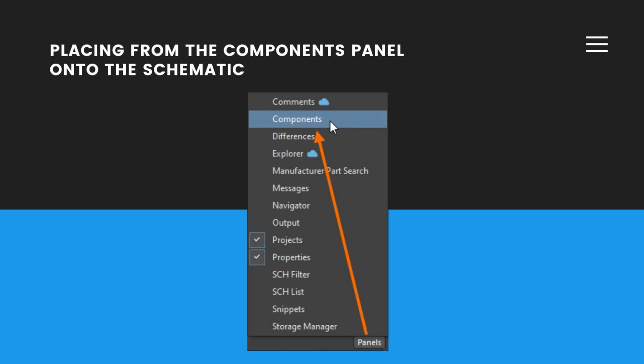Placing Components panel onto the schematic. When Altium Designer is connected to a workspace, the Components panel will list all components available for use in a project design. From this workspace, for such components, the Components panel supports the same search features that are available in the manufacturer part search panel, including string-based searching, faceted searching, or combination of both, and also the Find Similar Components